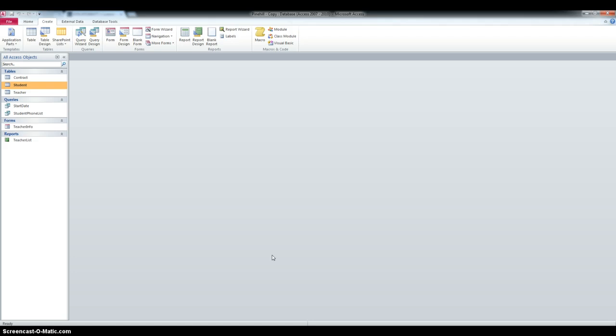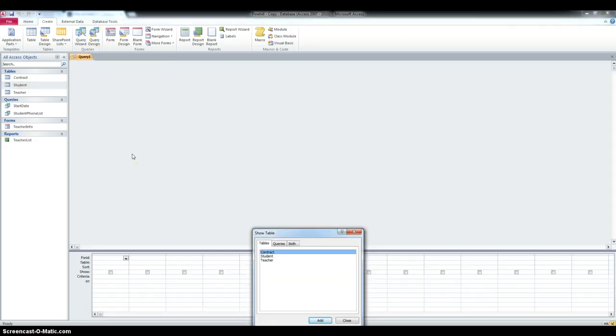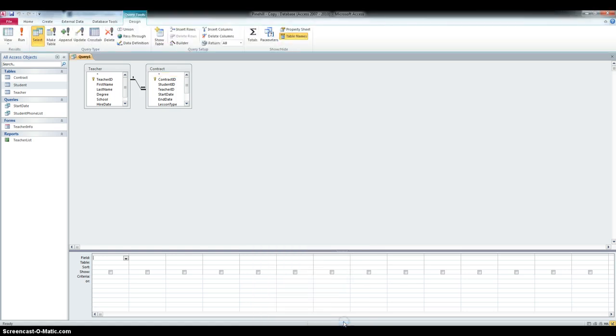In step 6 we have to create another query. So again, query design, and this one needs to be based on the teacher and contract tables. So first select teacher and then contract, and we have to display the last name from the teacher table, and then student ID, end date, lesson type, lesson length, and lesson cost